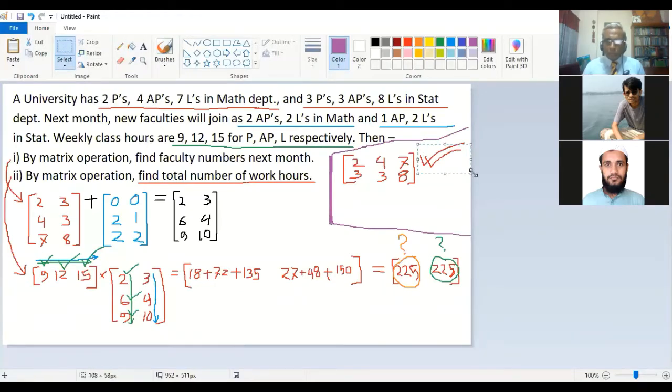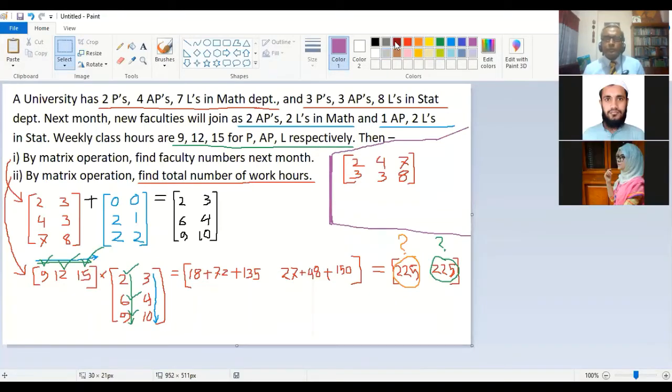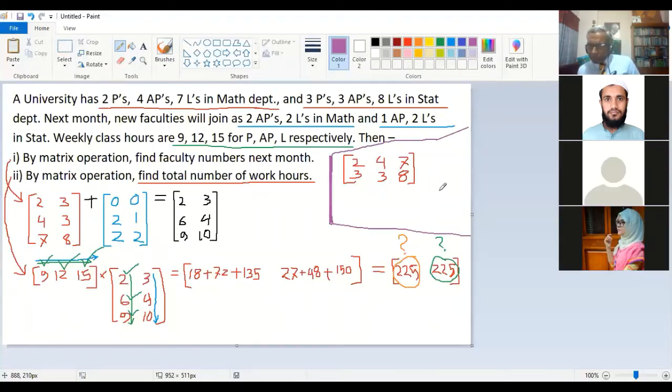Did you understand my question? Suppose one person matches first, then how will he do the multiplication? One says multiplication will not be possible. Okay, any other answer? Faiza bint Enam, yes. In that case, the matrix which is written 9, 12, 15 will be in a vertical way. Faiza is a very good student. She is right.